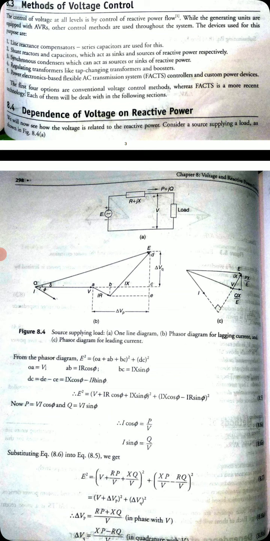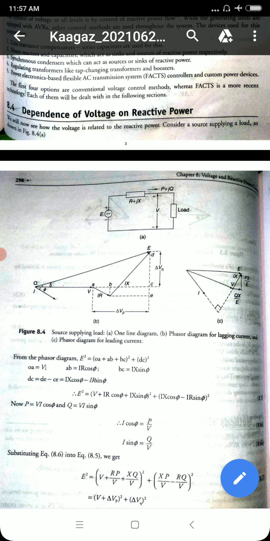So we can write two phasor diagrams. One is with lagging current, another one with leading current. You can see here it's very clear. With lagging current, you know we are taking V as reference. I is lagging V, then IR is in phase with I, then IX is 90 degrees to I. The phasor sum of IR and IX is nothing but IZ. Totally, the phasor sum of V plus IR plus IX will give us E.